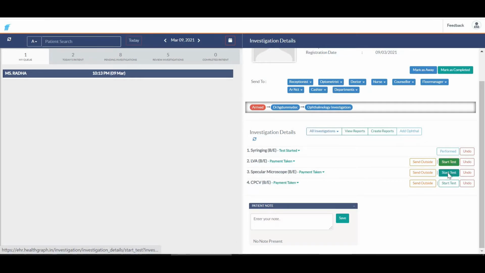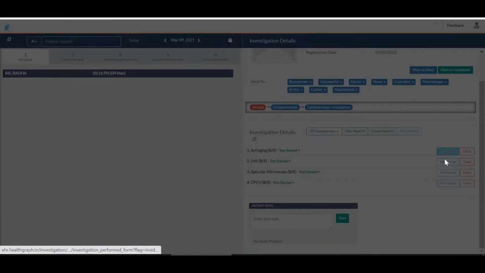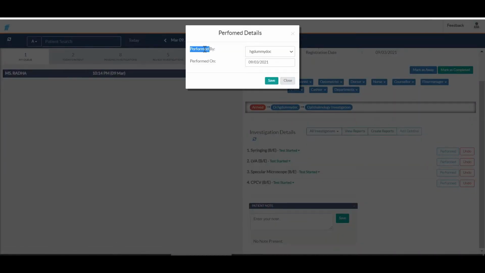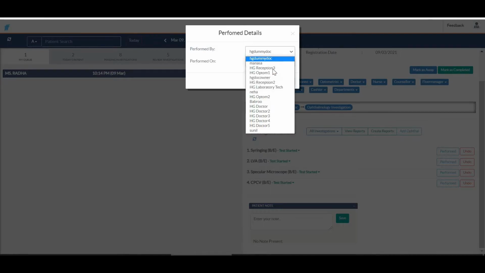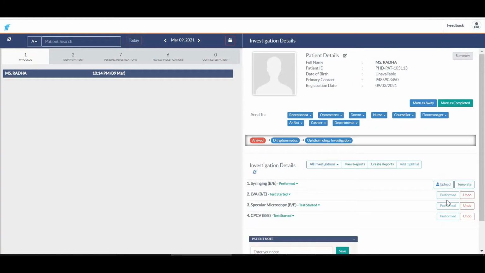I'll say for all the investigations I have started performing. Once everything is performed, I'll say performed, and I can select here the name of the user who is performing. I can select any user from here; the default will be the user you have logged in as.